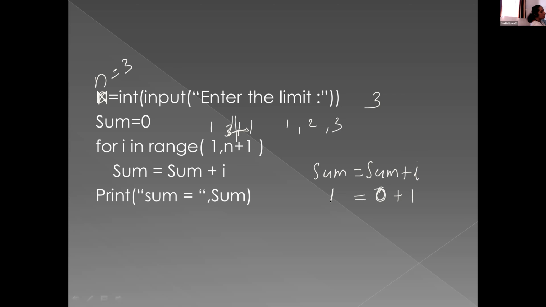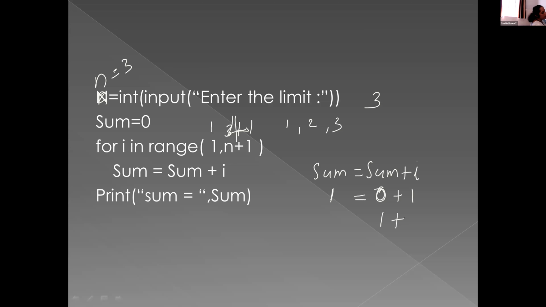Sum plus I. First, the sum value is 0. After that, the 0 and initial value of I are added and the result is stored into the sum variable. So, next time the sum value is 1.